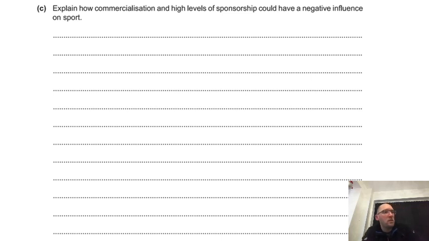8. High level sponsorship has a negative influence: too much pressure and workload on athletes to achieve, or too much attention given to the needs of sponsors, or athletes are distracted, or there is a lack of freedom and choice for athletes, or performance development, deviant behaviour, mental health issues, or it could lead to match fixing. 10. Because sponsors want brands to be associated with success.